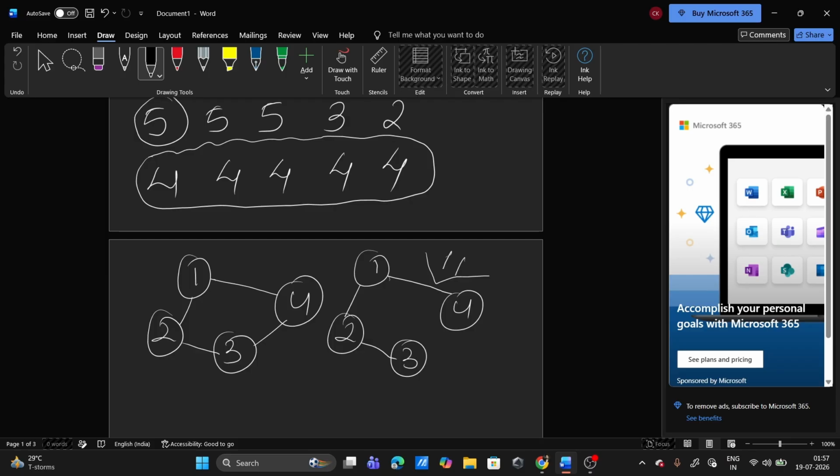So this is the least number of edges that we can have in a connected component with 4 vertices. Since one component with 4 vertices can have three edges, and we have 5 such components, therefore